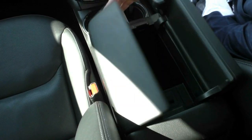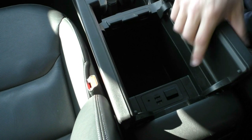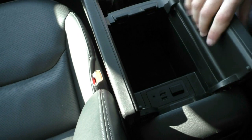You get a really nice leather wrapped armrest, which is actually quite soft as well, and then just pressing on either side, they both do open up. And as you can see, you do get two USBs, the SD, which is for the satellite navigation, and the AUX as well. Now I'm just going to get the camera person to pan around the interior, show you the